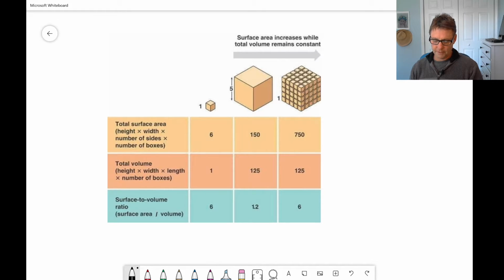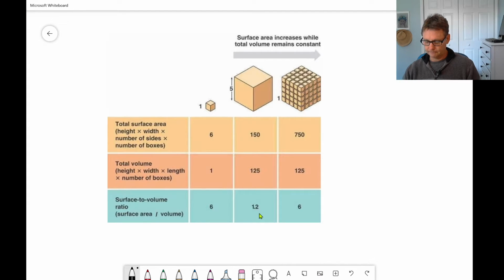So the total surface area would be height times the width times the number of sides. So that would be 6. And then for 1 of 5, it would be 150. The total volume would be 1 in that little cube versus 125 in the bigger cube. And the surface to volume ratio would be 6, whereas in the bigger cube it would be